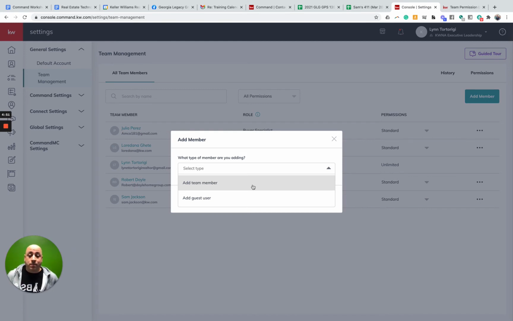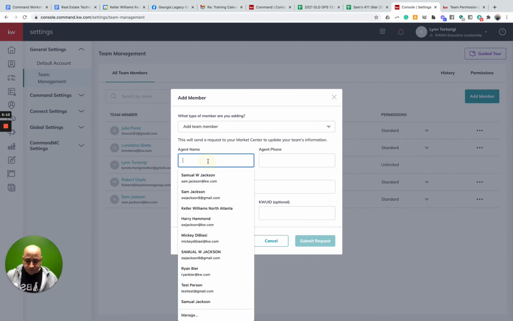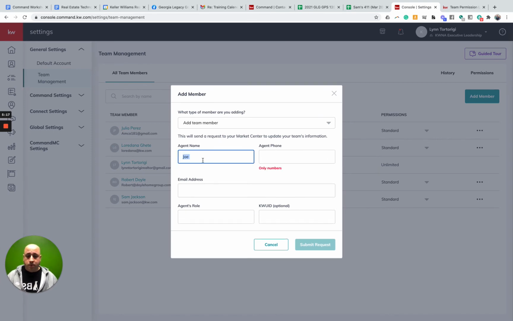So adding a team member will actually add a person to your team. So this would be the same thing as going to your MCA and saying like, hey, Joe is joining my team. This would be your way to kickstart that process by clicking on add a team member, filling out their information, their email address, their role, and then you can submit that request. My understanding is that there is actually a, here we'll just do Joe Agent. Oops. There's a review process to where, when you submit this as a Rainmaker,